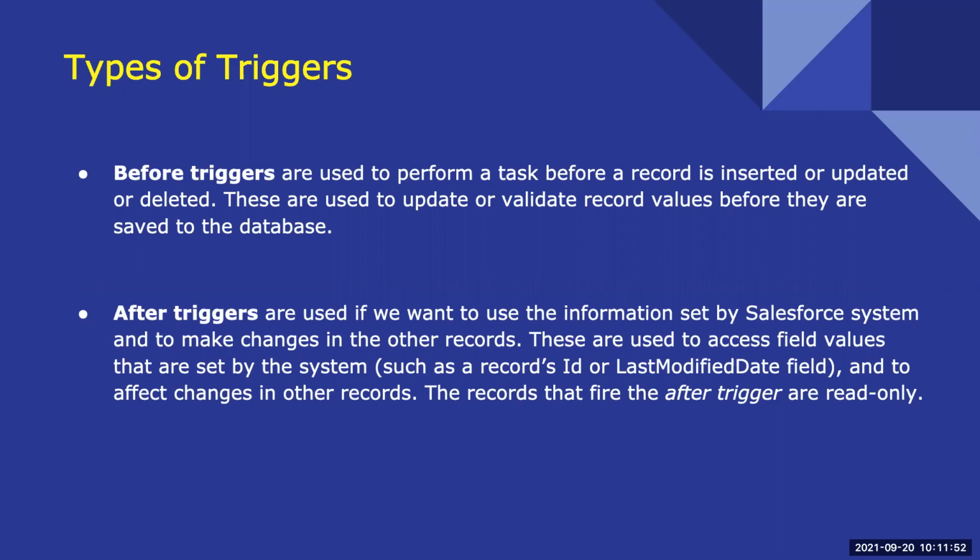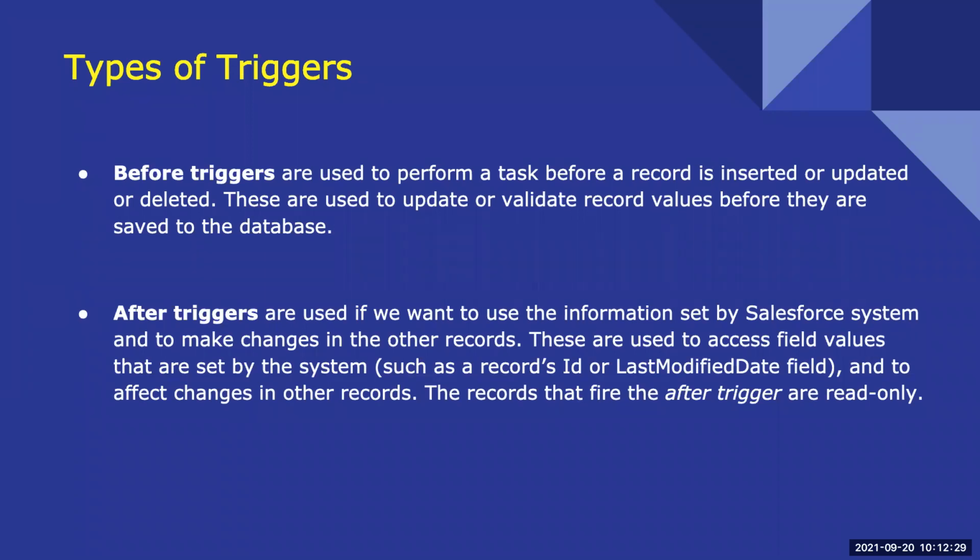Or I want to change some value before updating. Like the user has given "in", but I want to store "India" in place of "in". That could be done in before triggers. And then we have after triggers. An after trigger is used when a record is already saved in the Salesforce environment and you have to update some other records. Like something is being changed in the account object and I want to update, say, all its contacts and all its opportunities. That could be achieved by after triggers.